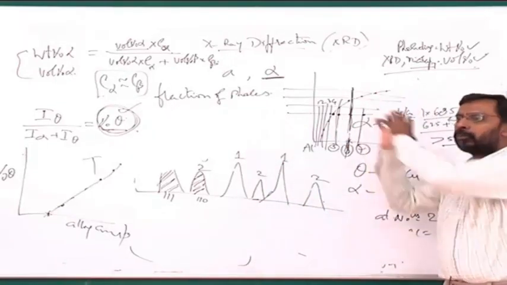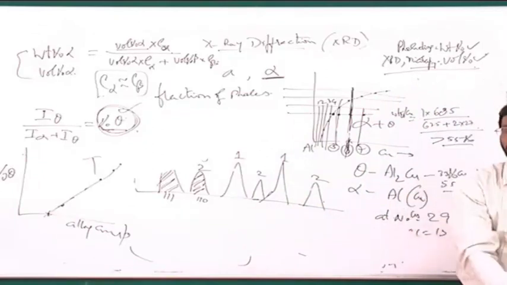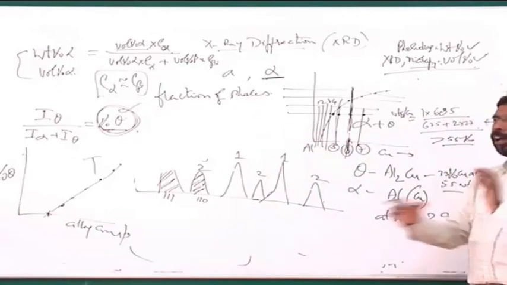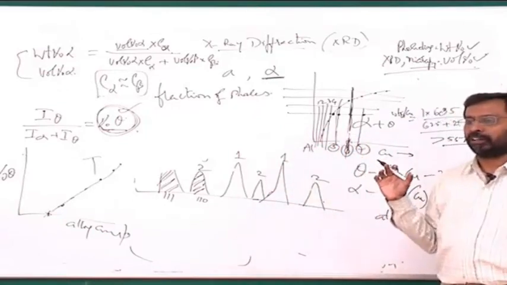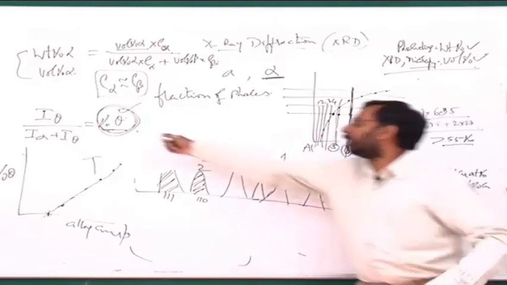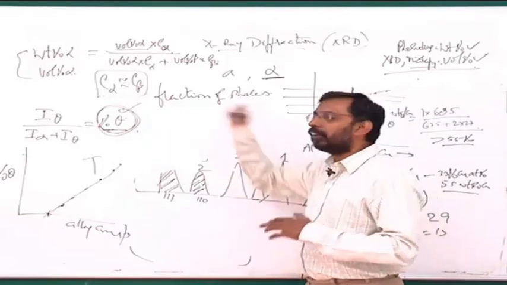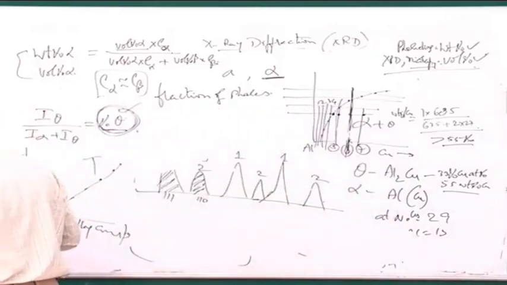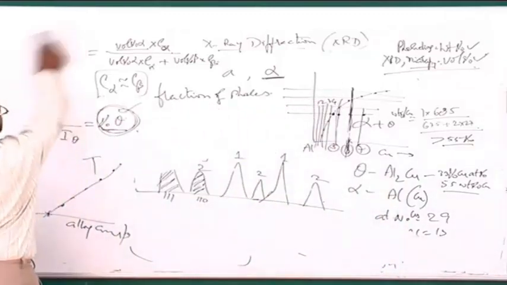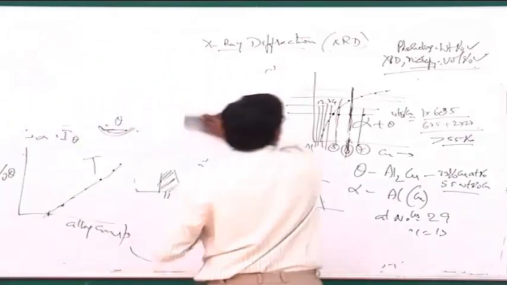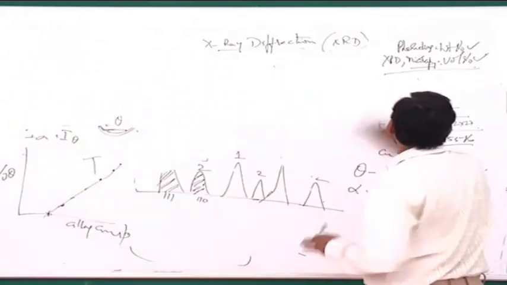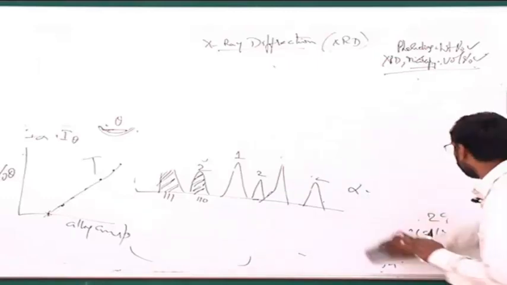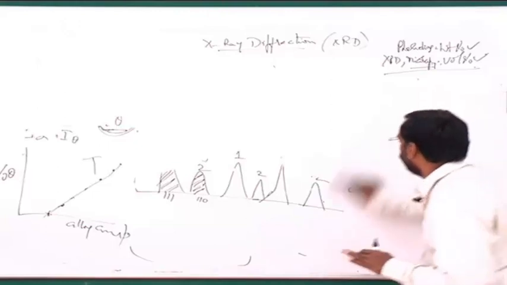And if I am using my first method, the parametric method, I use only those alloys which are single phase. And if I am using the second method, which is the phase fraction method, I use those alloys which are showing me a two phase mixture. In the second case I find out the amount of the phase. In the first case I find out the lattice parameter. So this is how one can do the phase diagram calculations, and people regularly do this. And as I told you, the limitation is that you cannot use it for anything other than solvus lines. Solvus lines are the ones which you can accurately measure using this.